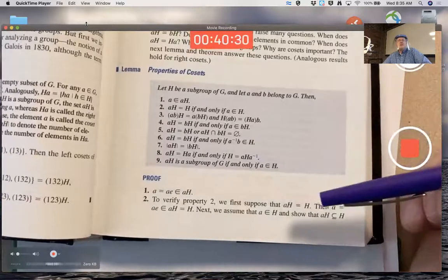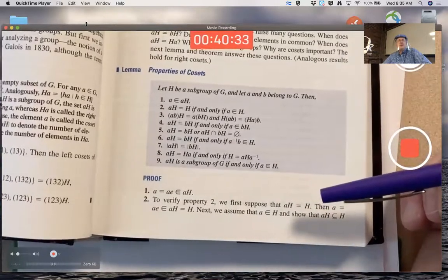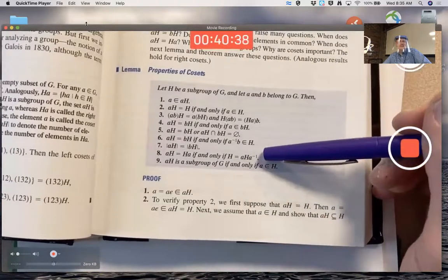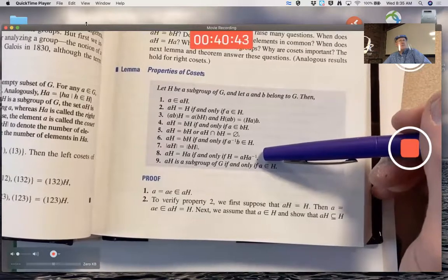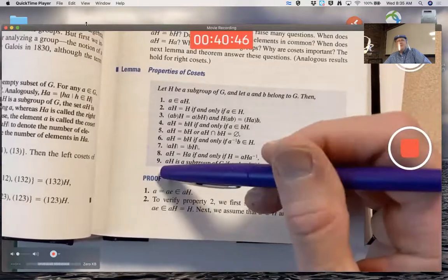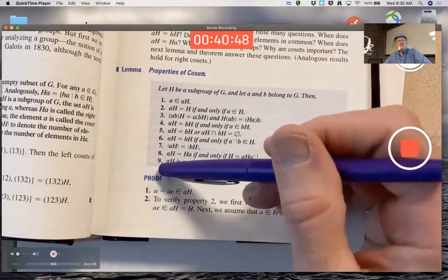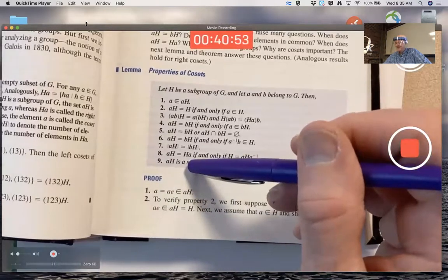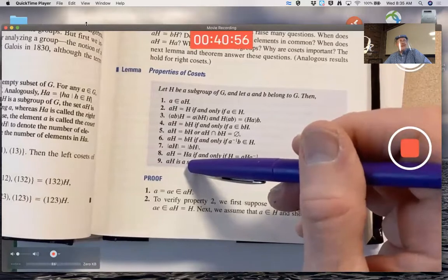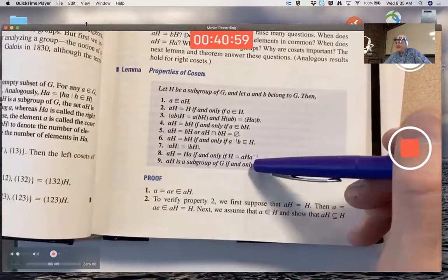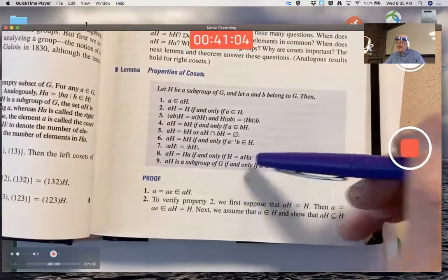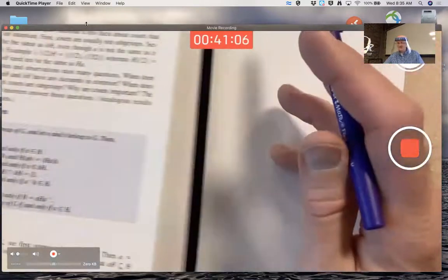One property that I did not really focus on the other day, Monday or last Friday, is property 6. But property 6 is actually pretty important. aH equals Ha, in other words, the left coset of H in G containing a and the right coset of H in G containing a are the same, they're equal as sets, if and only if H is the same as this set, a H a inverse,